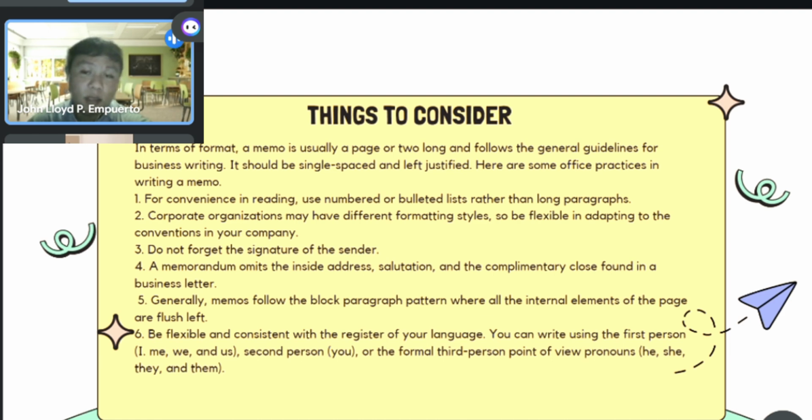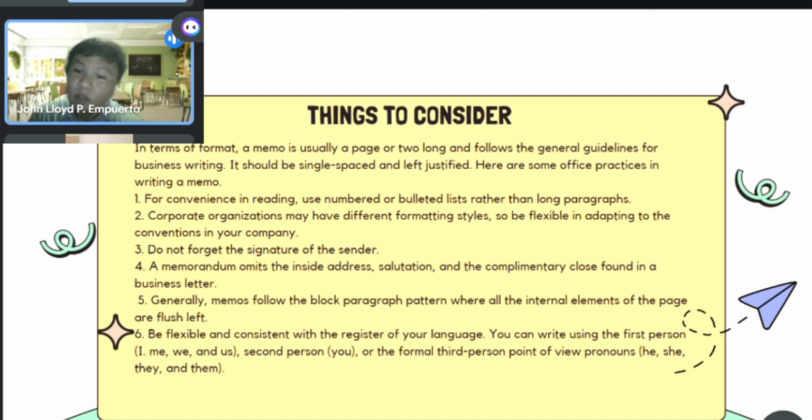It's useful for assigning tasks or providing specific instruction. And lastly, the third person maintains a formal tone throughout the memo, which might be preferable for official topics or when addressing a larger audience within a company. Whichever perspective you choose, ensure you maintain consistency throughout the memo.